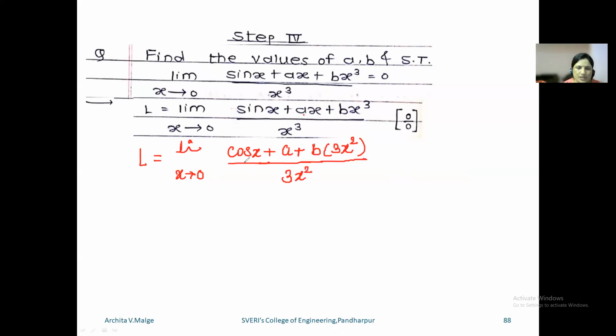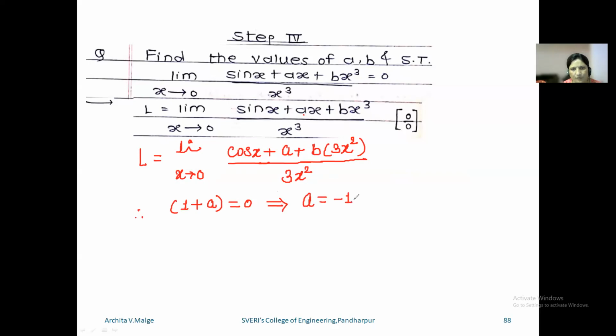Put x equal to 0. So what we are getting here, cos 0 is 1, plus a plus 0, divided by 0. Means here we are getting the equation 1 plus a is equal to 0,